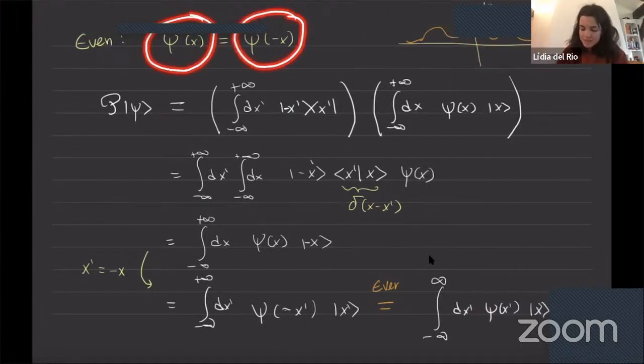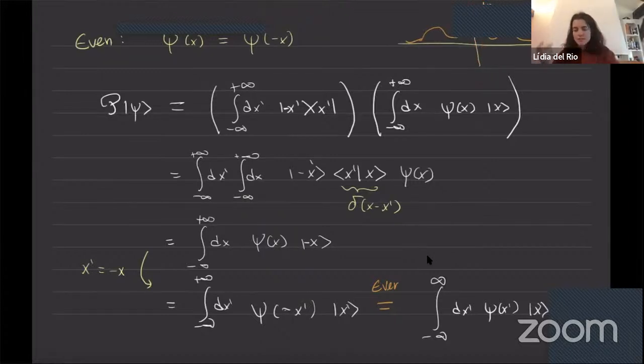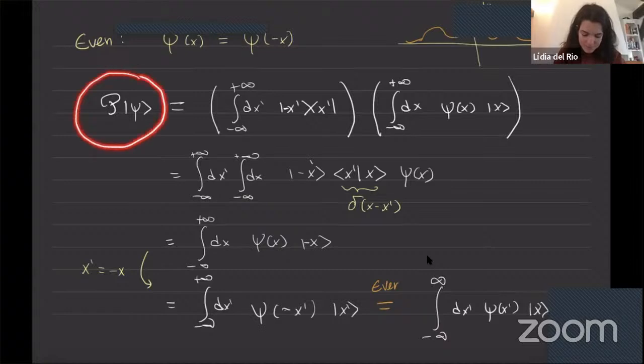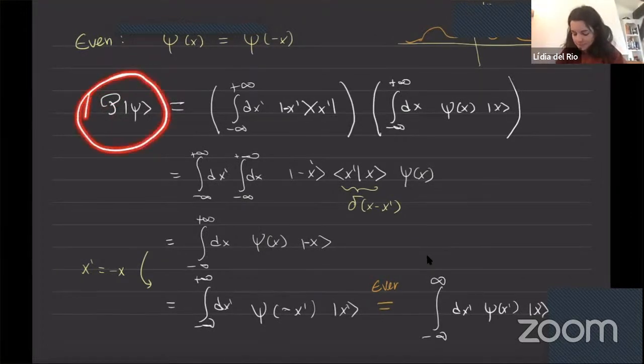Meaning that it's symmetric around this point x equals 0, right? So if I put a mirror here, for example, you get the same function as if the mirror was not there. Okay. So then we need to show that psi, this operator P for parity, a curly P, not to confuse with the momentum operator, applied on a wave function,